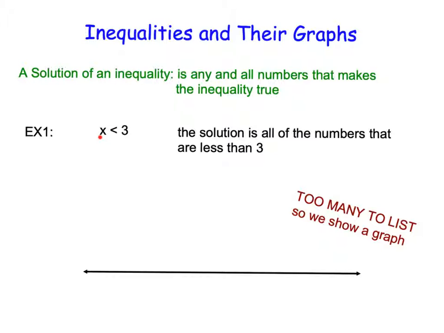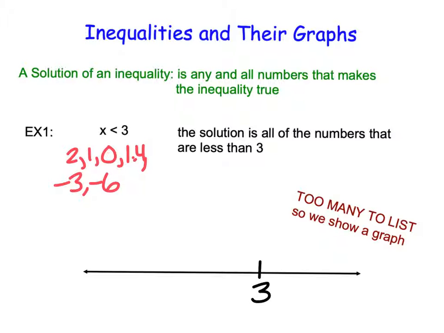Here we have an example of x is less than 3. If I asked you to write all the numbers that would make that true, you'd be writing for the rest of your life. You'd have to write 2, and 1, and 0, and 1.4, and -3, and -6, and all those numbers that are less than 3. Because there's truly an infinite number of numbers, we choose to graph them to show where all the